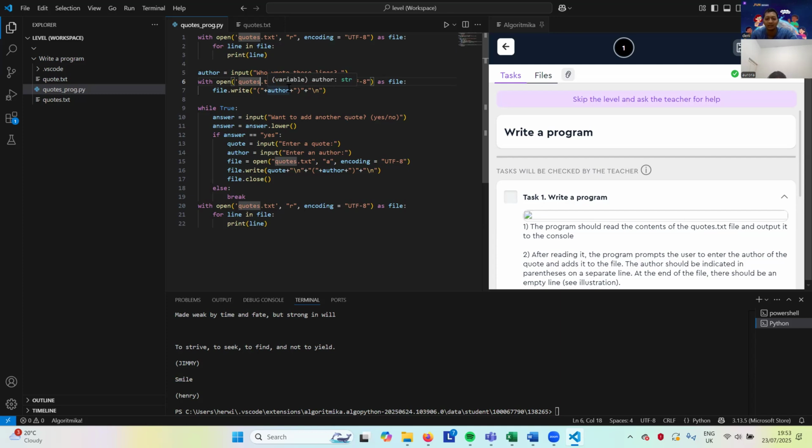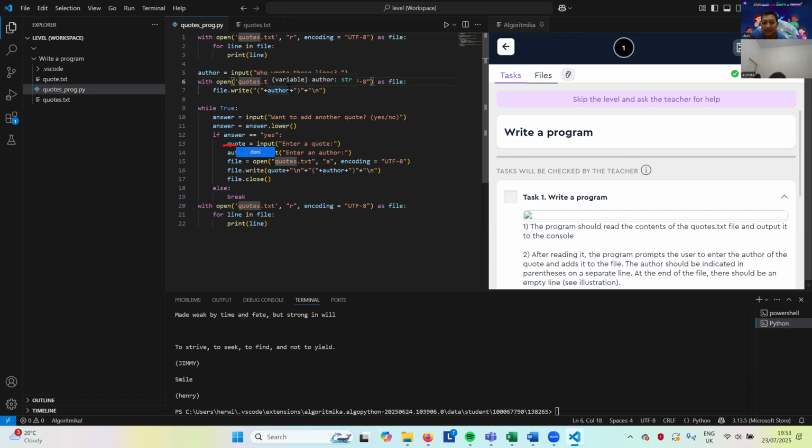Now we loop here, input as usual. I think you understand that. Answer dot lower, what is lower? Lowercase.